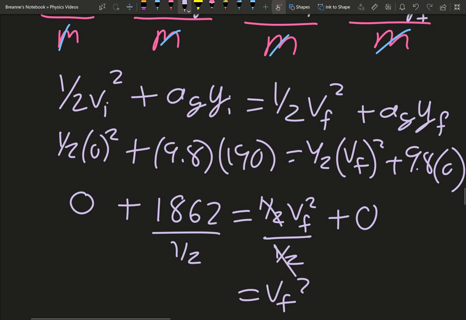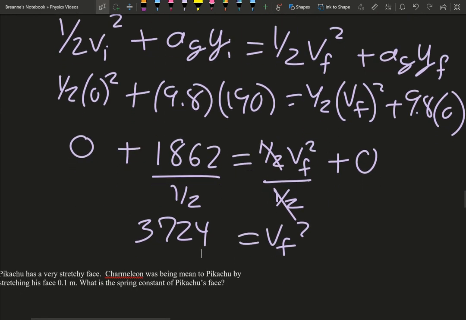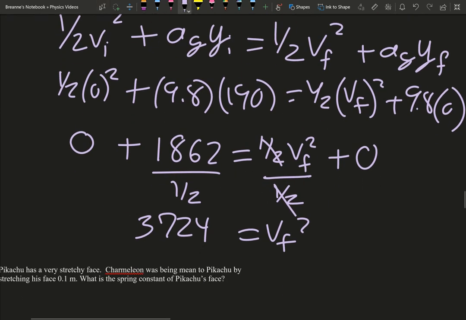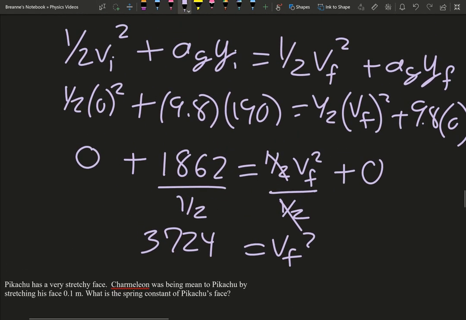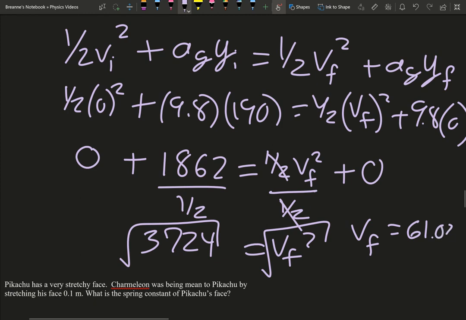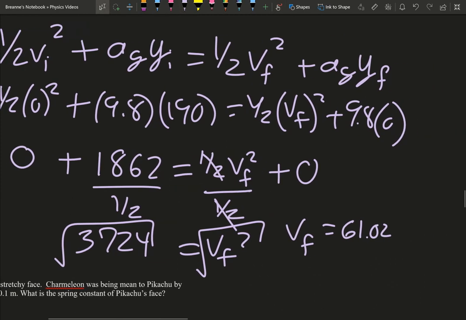final squared equals 3,724. Just put it in my handy dandy calculator. Now we need to get rid of that squared. The opposite of squared is square root. So you get your v final to be 61.02